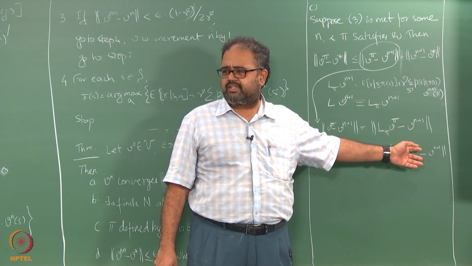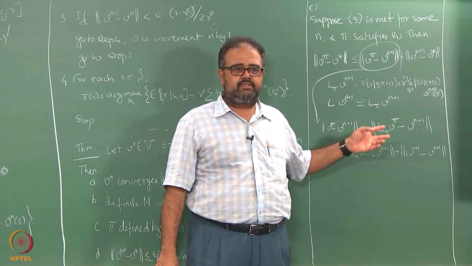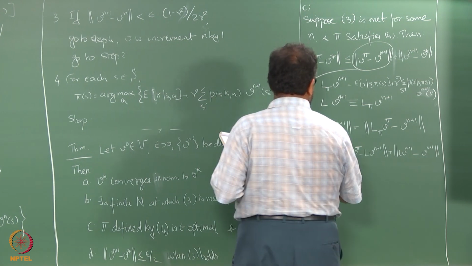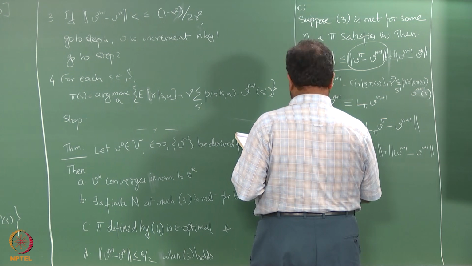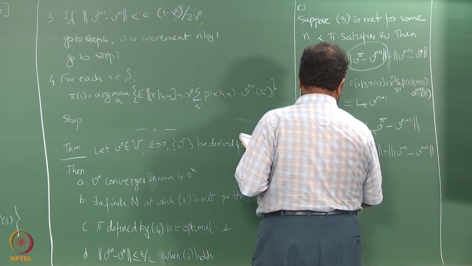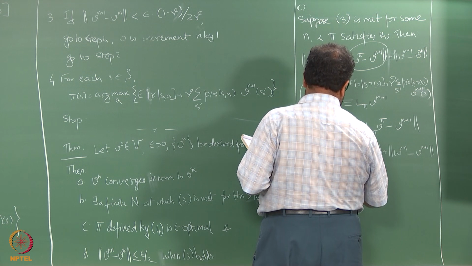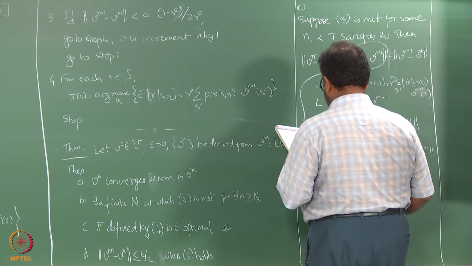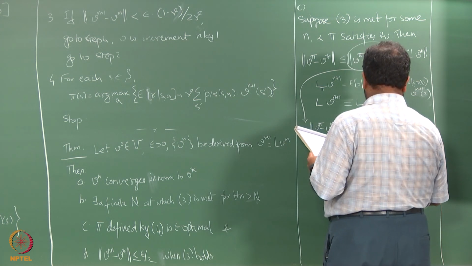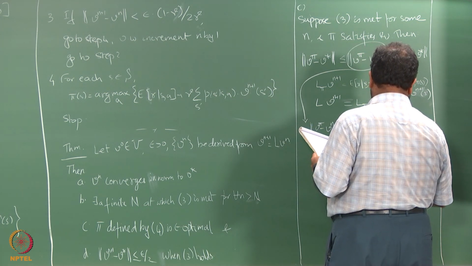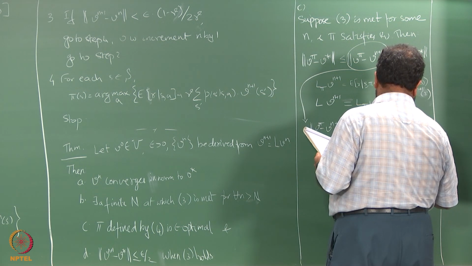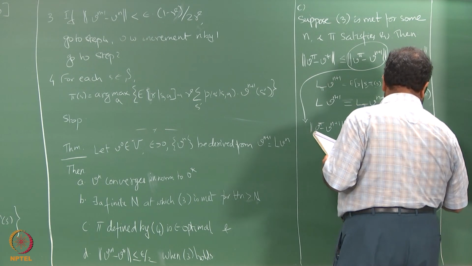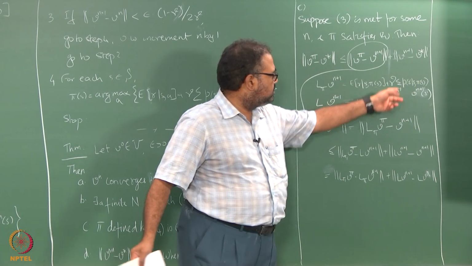L Vn plus 1 is just another point in space, so between three points I can write this triangle inequality. So this is less than or equal to, actually this is equal to,